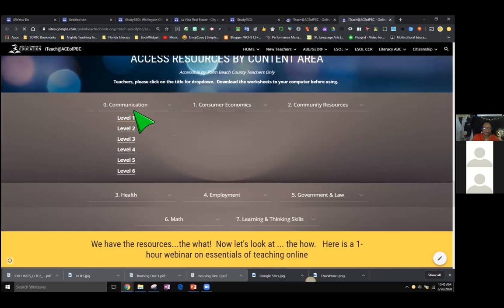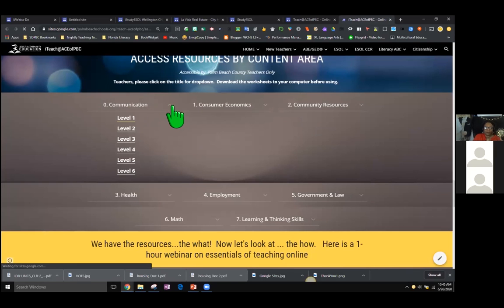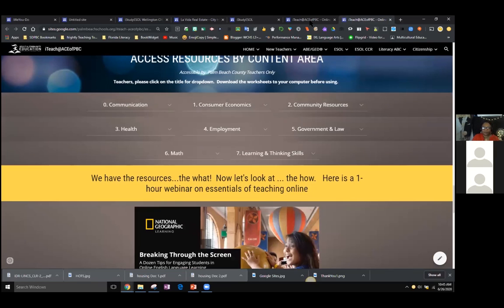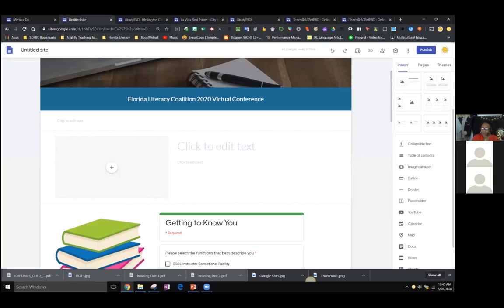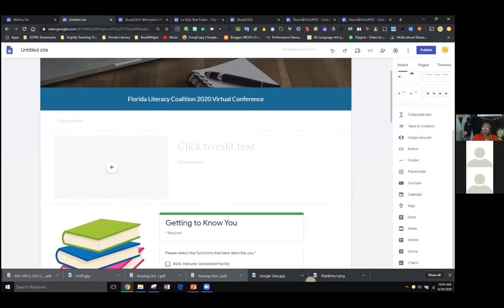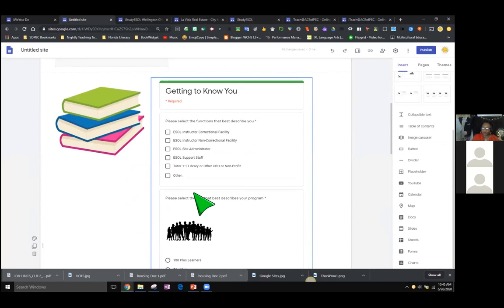So you can have a topic and then subtopics and it collapses, just like on other websites. All right, so these are collapsible by level. Oh, here we are. Okay, so that's what the collapsible text is. And divider, placeholder, all of these are just other functions that you can embed into your form to make it look like what I showed you with all of those other sample forms.